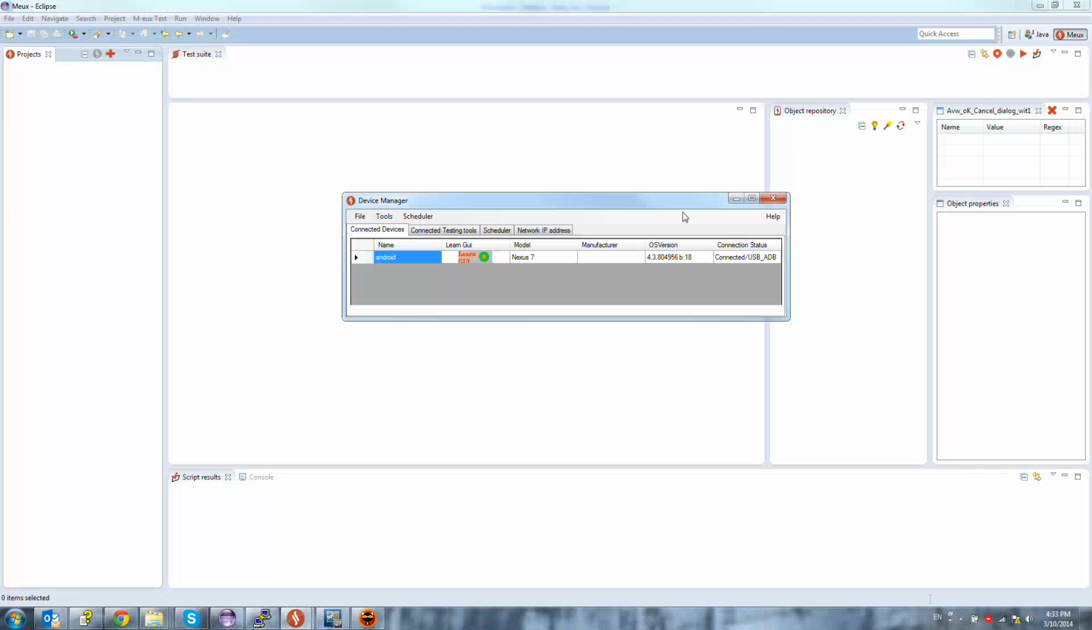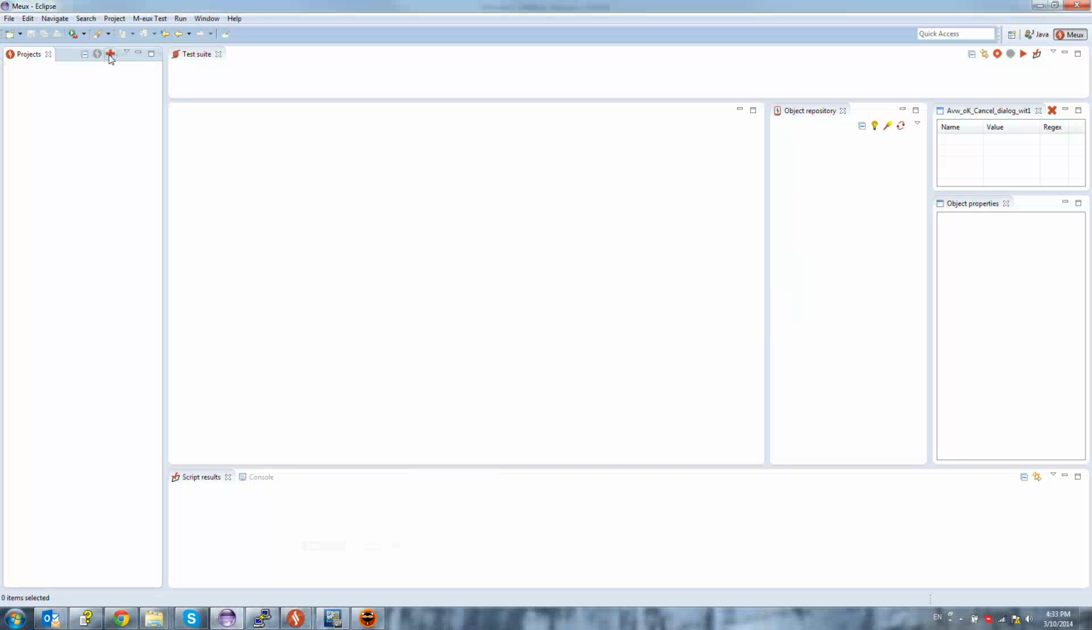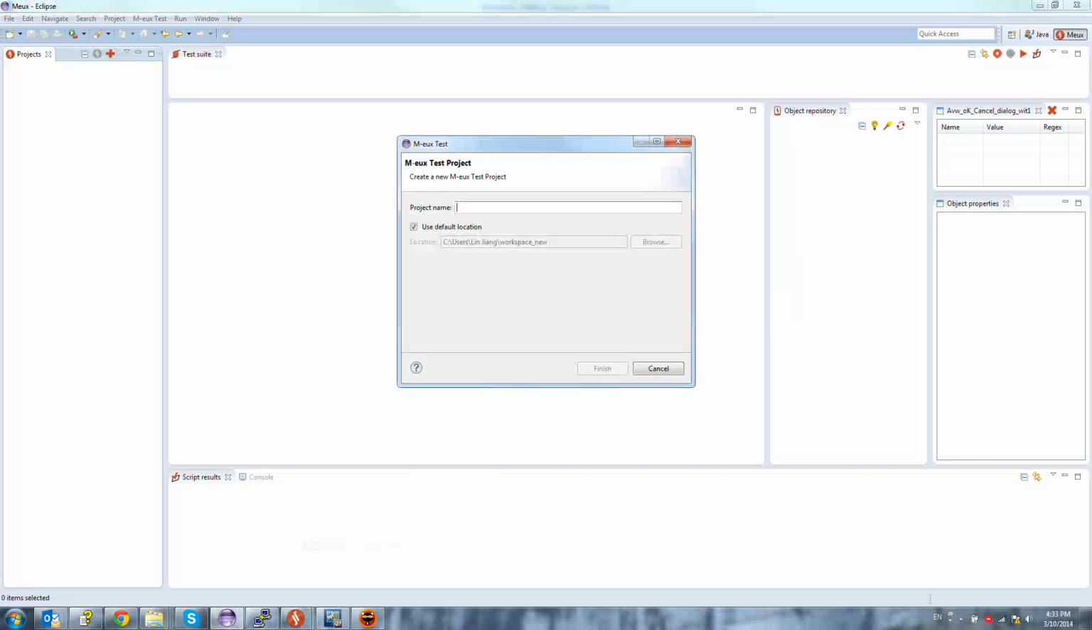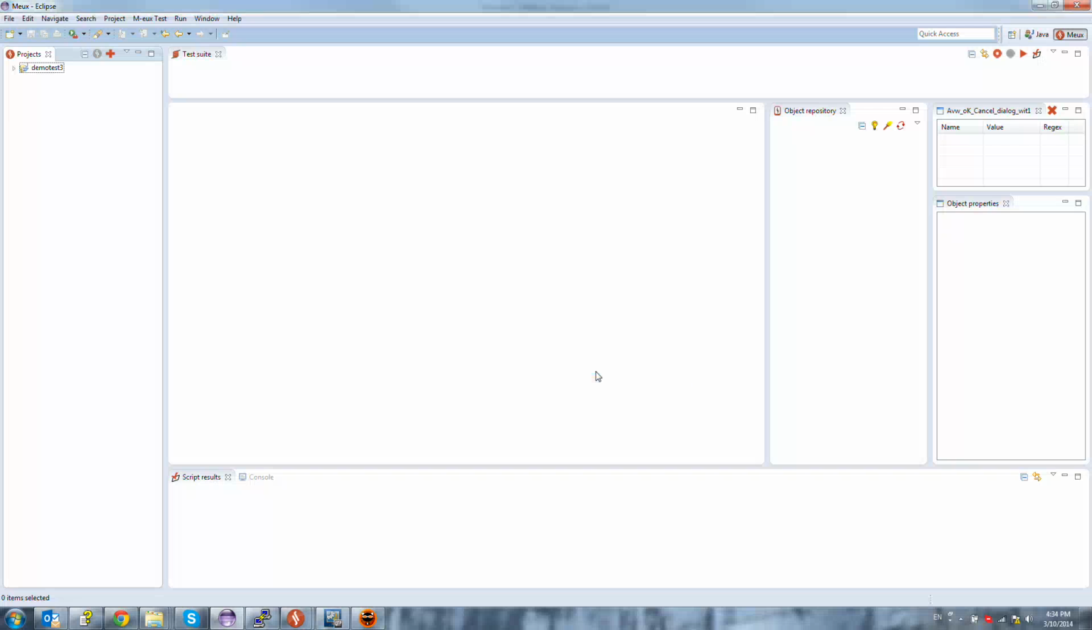Okay, so now let's add a new M-eux project. By simply clicking on this button, you will be able to create a new M-eux project. You need to give it a name. Let me give it demo test 3, for example. And if I click finish, my project is already